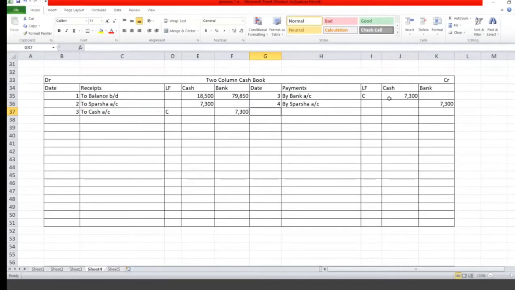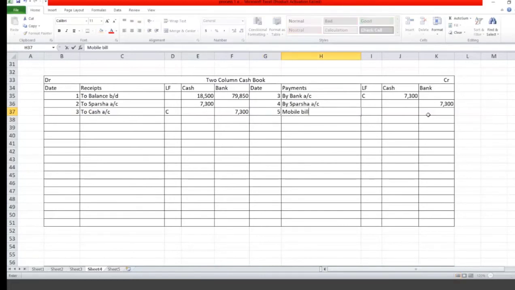So nothing debited, nothing credited. No balance you are having with you. Bank 7,300 debit, bank 7,300 credit. Here also you didn't receive anything, right? So when we received the check and it got dishonored, it means we didn't receive a single rupee. It is tallied here.